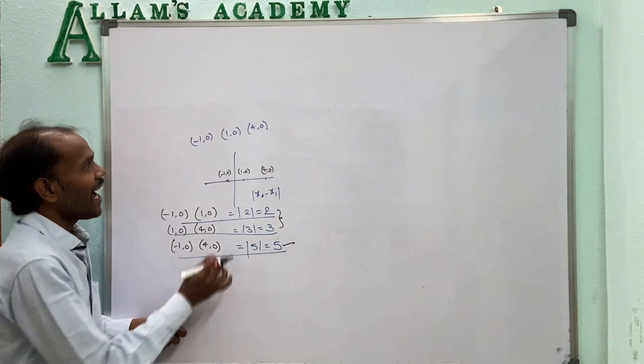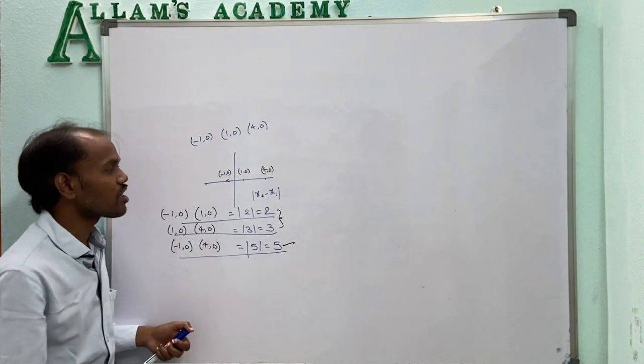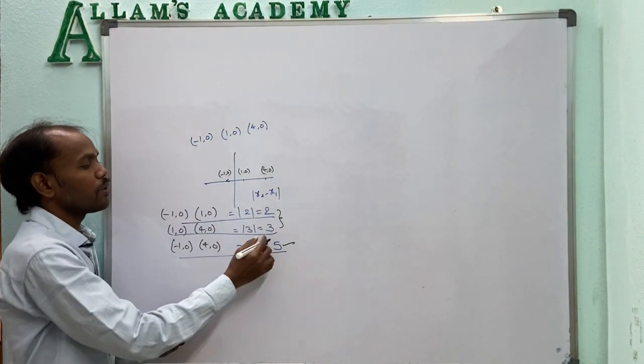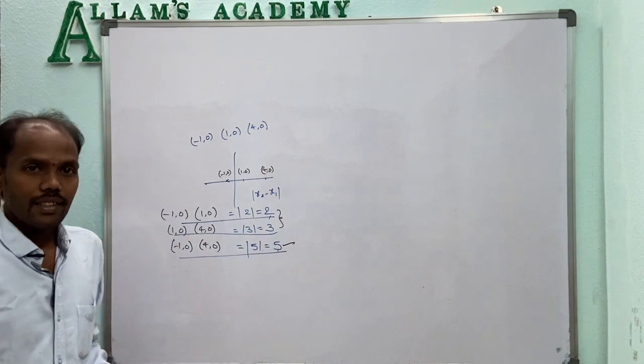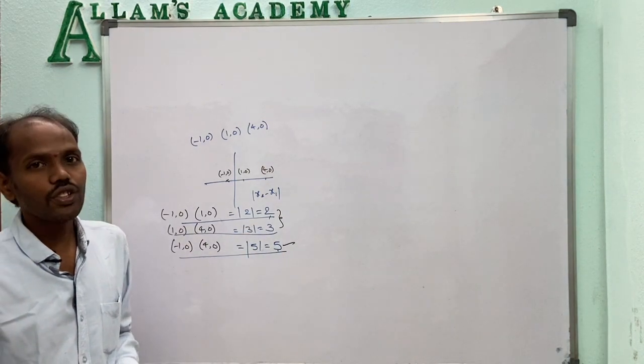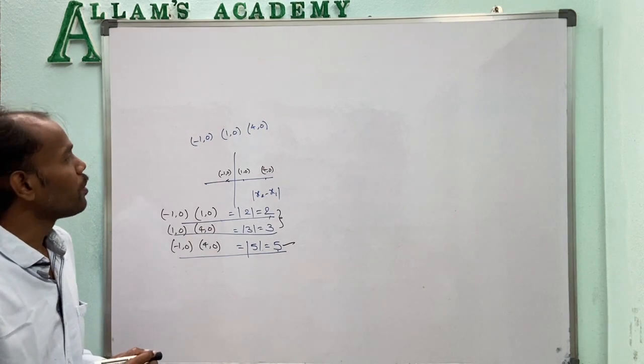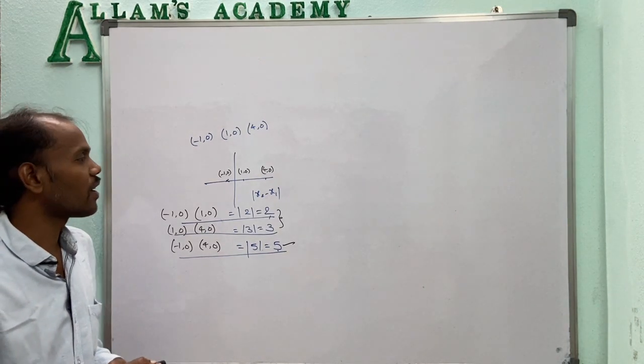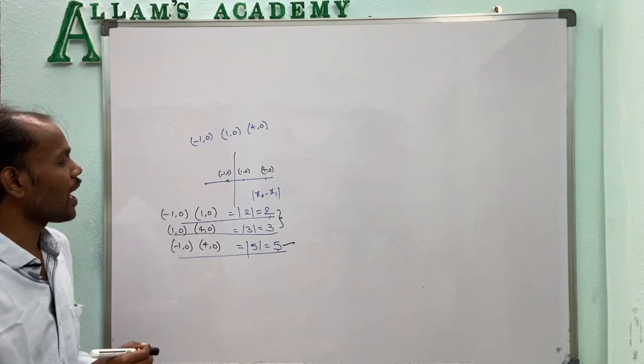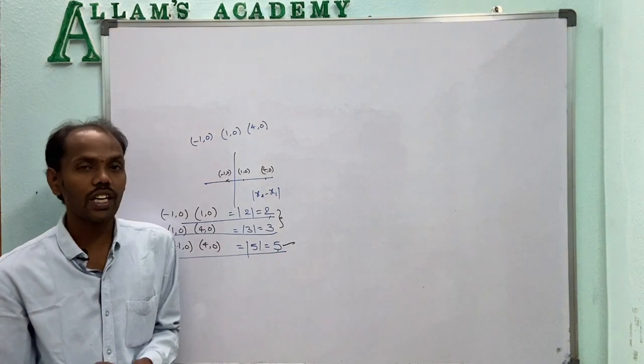That means if the sum of the distances between any two pairs of points is equal to the distance of the third pair, then